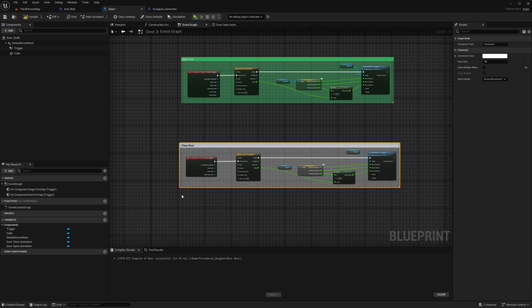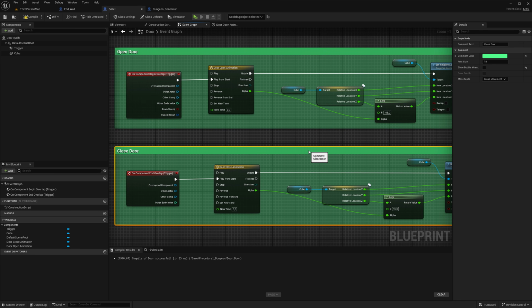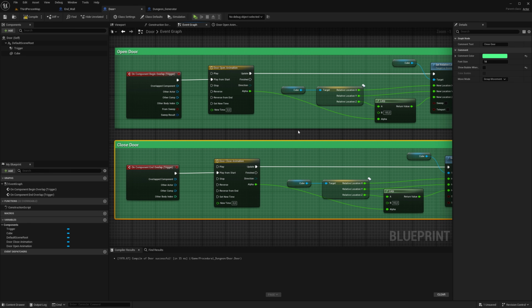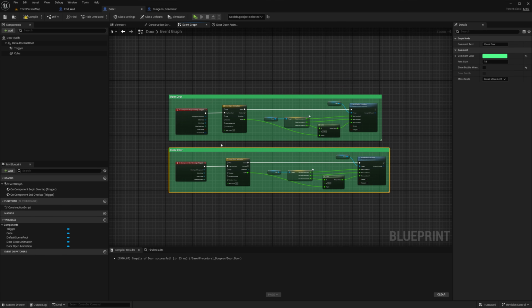Close door and green because it works. And I mean, this might seem a little redundant to do this cleanup thing in this small blueprint, but before you know it, you will have a door that changes colors if it's unlocked, and then it's red when it's locked, and then you need different things to do in these doors. So just make sure that you organize your stuff so you can find what you're looking for.